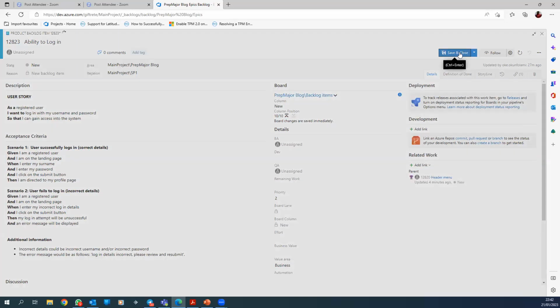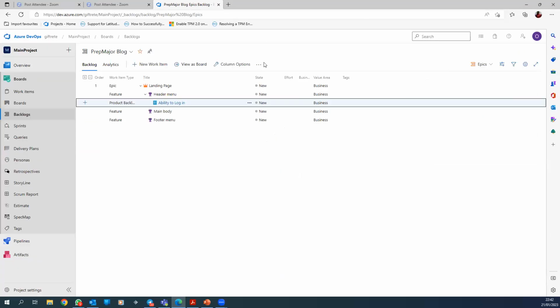So that's straightforward enough. Okay, so that's that here. Now, when you've finished working on it, let's view it as a board now, so that I can show you how to move it. Different ways to move it, actually. So you can